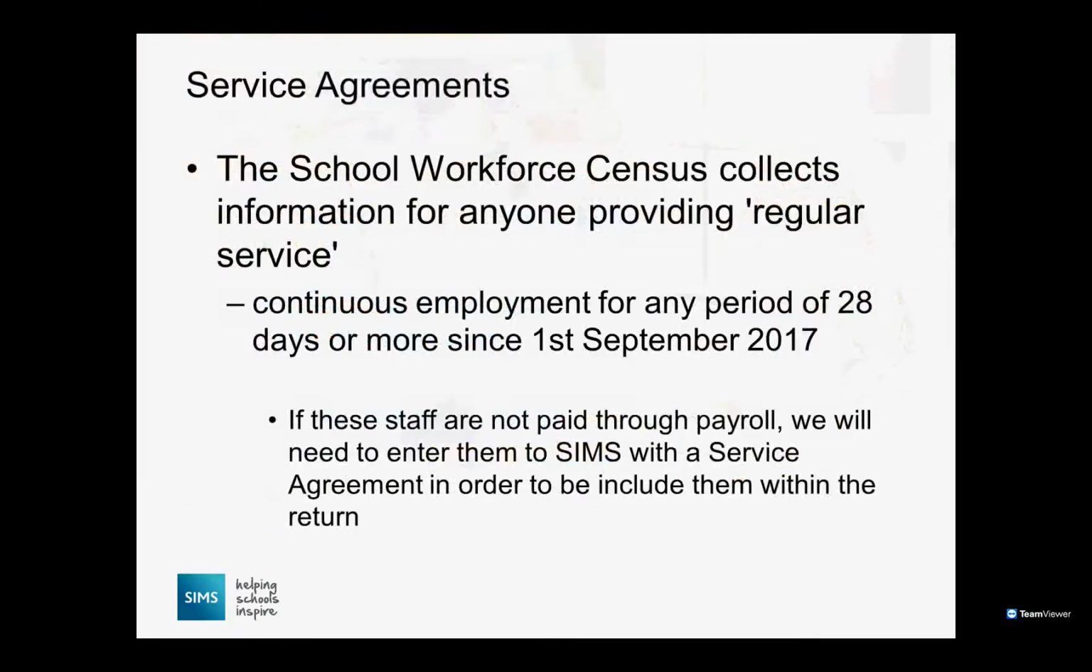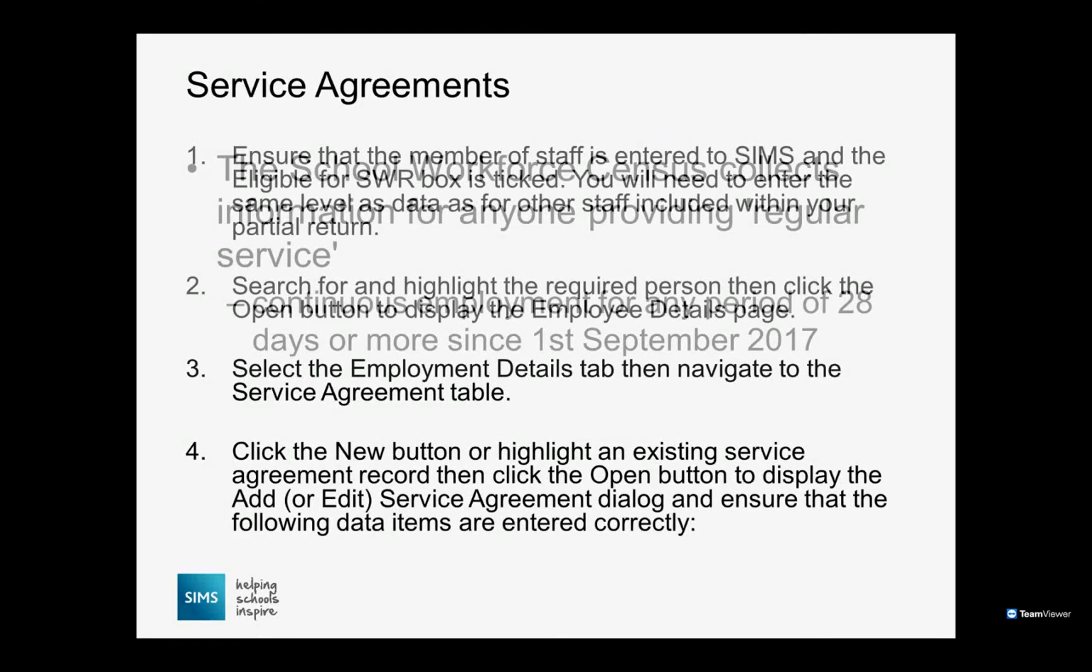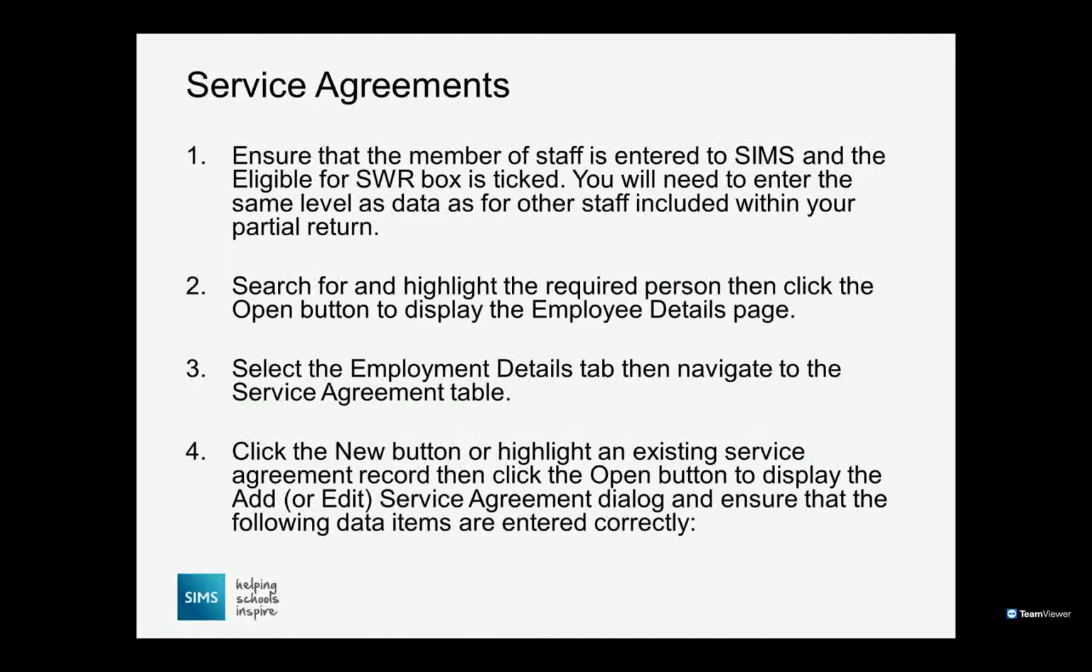As I say, it collects information for anybody providing regular service, continuous employment for any period of 28 days or more since the 1st of September 2017. And you need to make sure that they're ticked as eligible for the SWR. All of the information that we've gone through earlier, the ethnicity, the NI number, the date of birth, and so on, all needs to go in. You've got to search for and highlight the required person and open up the employee details,